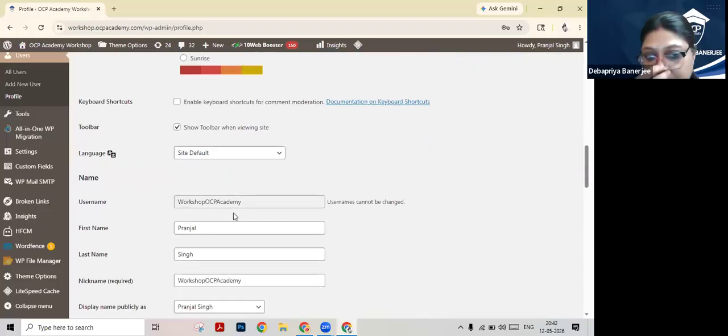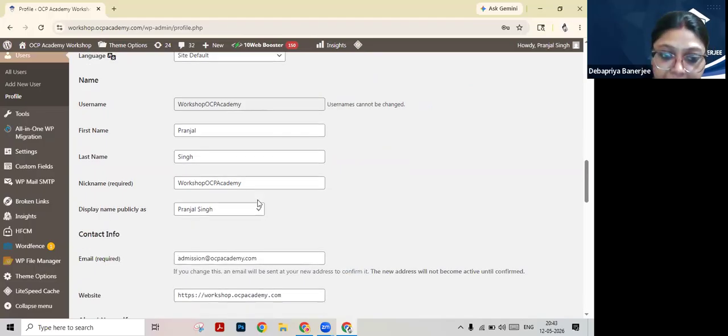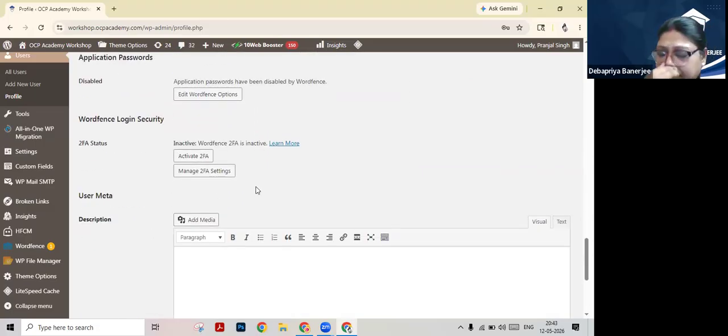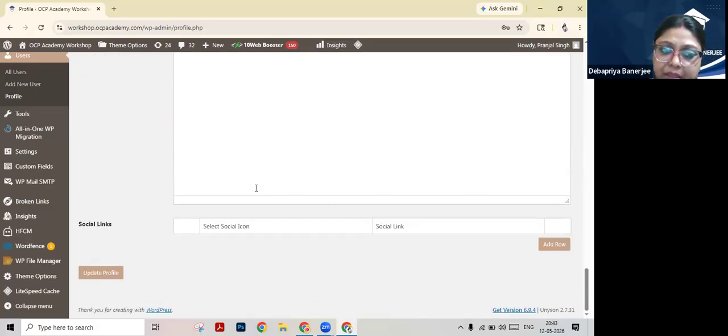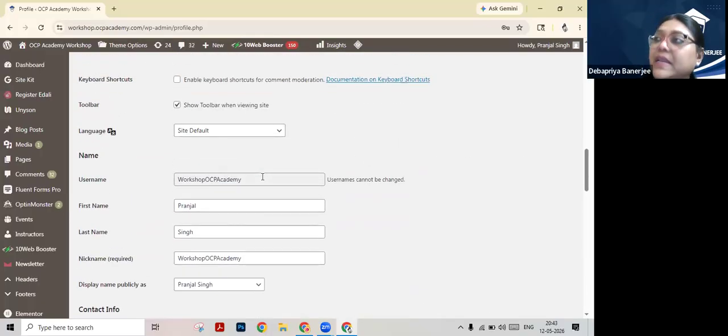Then this is the username, and the username cannot be changed, and the first name and even the password needs to be changed from the backend. This is the email, and this is all the information about the particular website. So this is the basic one. When you are a user logging in, this is the profile that you have, which you can edit.